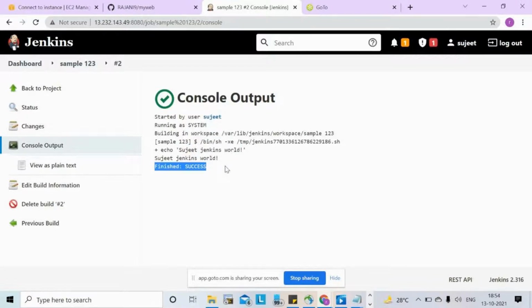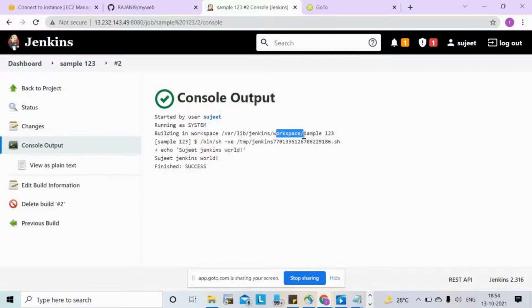Building in a workspace means the workspace you selected. If you select a pipeline, it will not change. Whatever you are building as your job, a pipeline is also a job. Those jobs will be stored in some workspace only. Why? Because a job is nothing but work. So work or job, in jobs or workspace, in two paths, we find our running job. It means in the workspace only you can find the jobs. Am I correct? Yes, we can find the job.